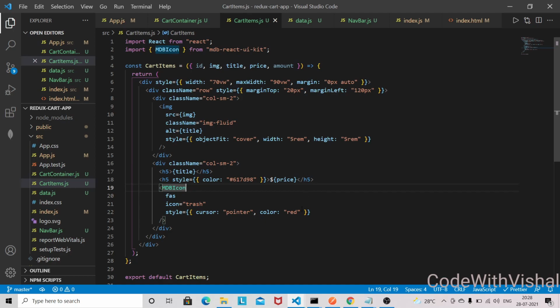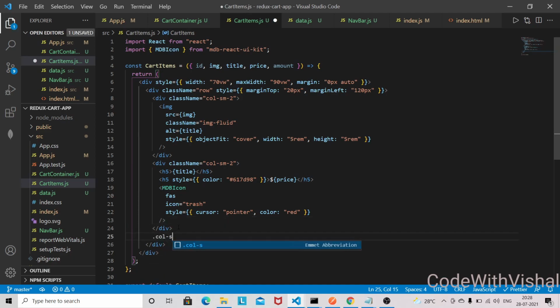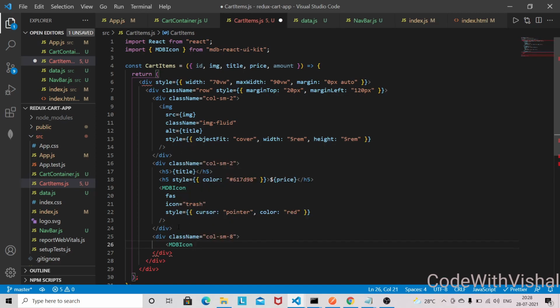And now we have to work on that arrow part, that is the up and down arrow part. So that will go into a different column. So that column will be col sm8, and inside that I will have that icon. Okay, and this will be fas, and the icon will be chevron up.